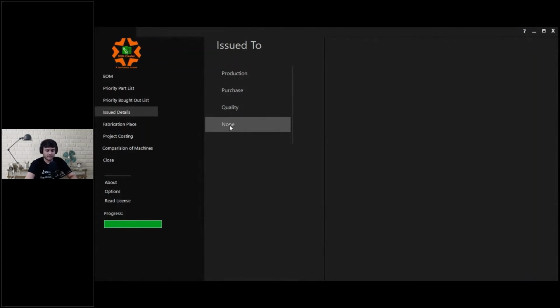So at one stage of time, I do not realize what drawings I've already released and what drawings are left to be released, right? Since it's a huge assembly, I forgot what all things I've released. So this issue to none will help you track the details which have not been released yet. Then the drawings which are not released yet will be released during that stage, right? So again, as I said, it's a complete keep of track and everything is maintained out there.